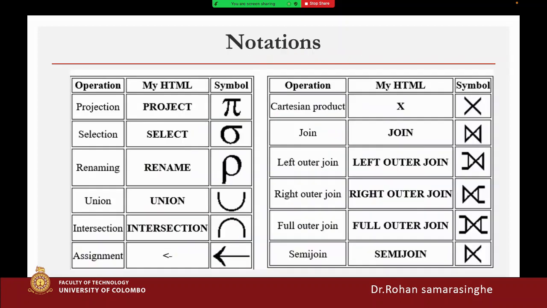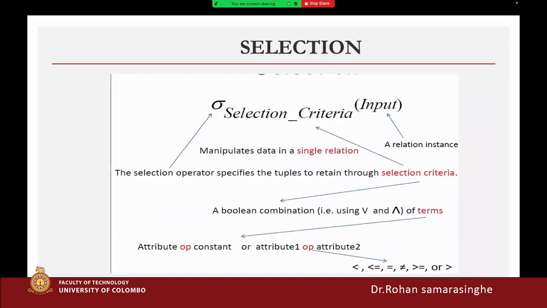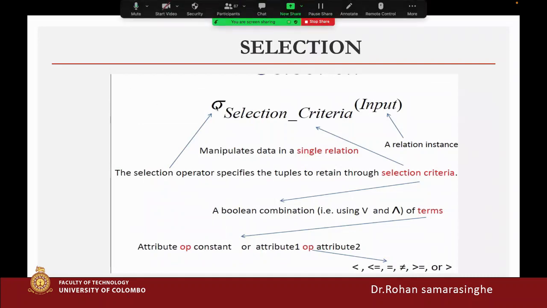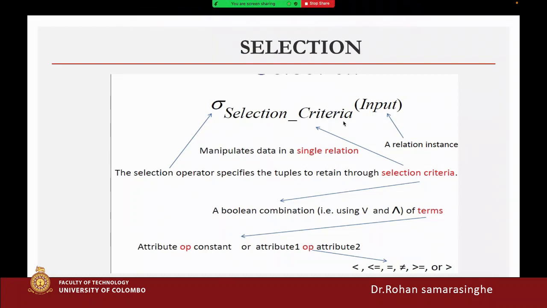First of all, I'm going to take the easiest notation, the select. Normally we use the symbol sigma with a selection criteria, and you have to give the inputs. The selection operator specifies the tuples to retain through the selection criteria. In the selection criteria, you will have to give the